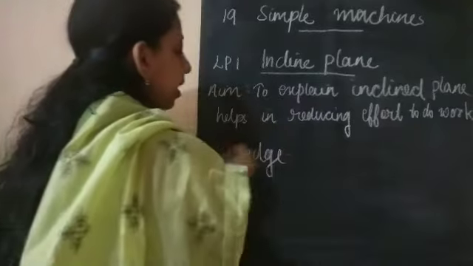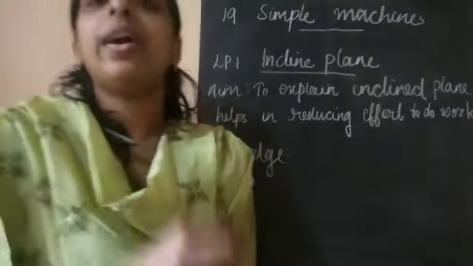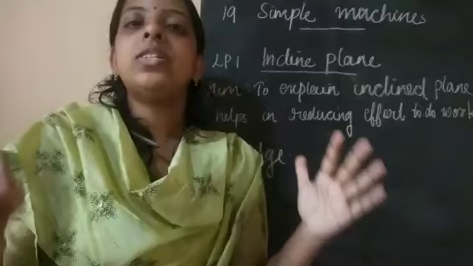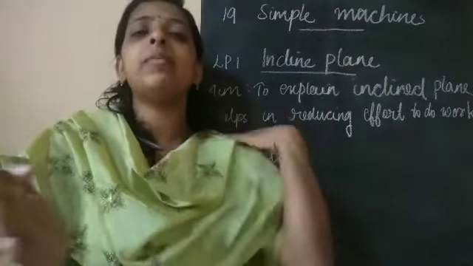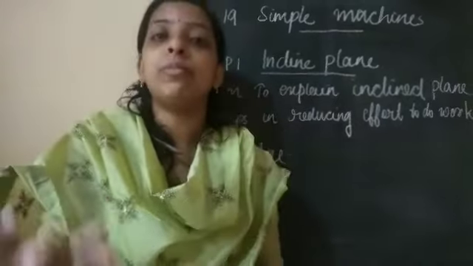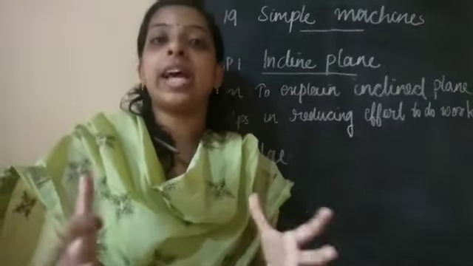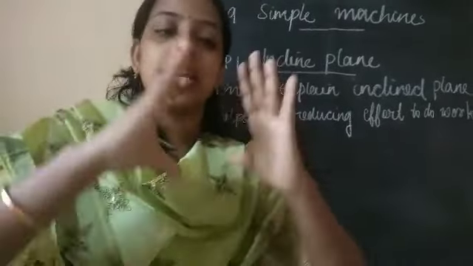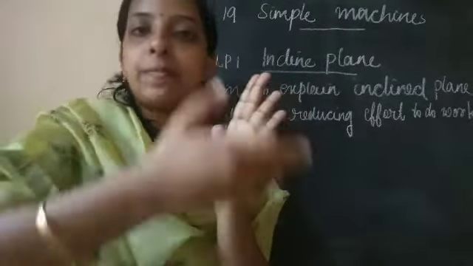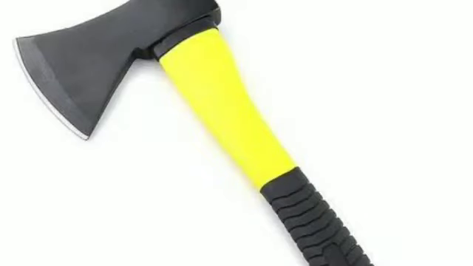Wedge is another kind of simple machine. And what's its speciality? A wedge is actually the combination of two inclined planes, and I am telling its examples, you may be familiar. For example, the knife that we are using, knife and axe. In all these cases, you can see that one sharp portion will be there, and in this figure also you can see that the wedge is a simple machine made with inclined planes joined together.